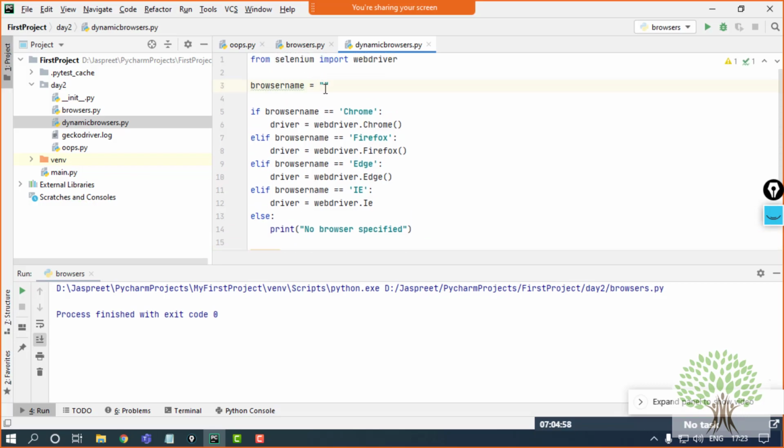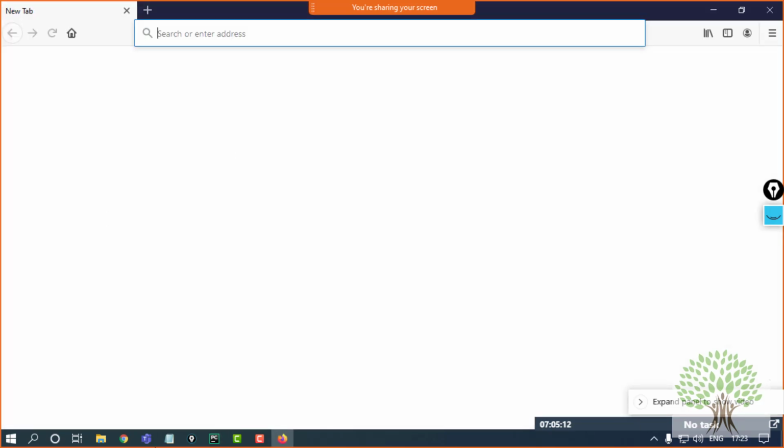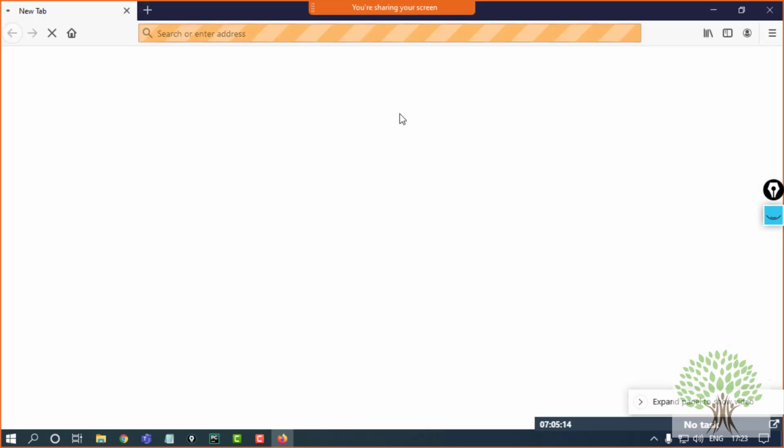Fine. Now let's say I am having Firefox browser. So I save this code and I run this. A blank Firefox browser opened up. It will navigate me to the URL that I have specified. Fine. So this is how dynamic browsers actually work.